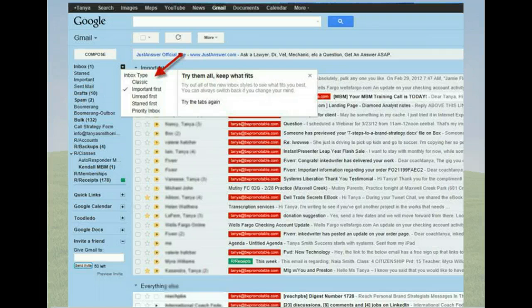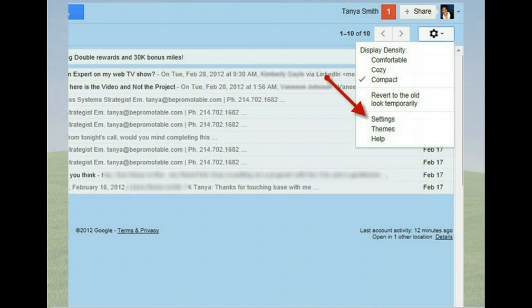All right, let me show you something else in here that's really neat. When you go into Gmail, one of the places a lot of people don't even know about is the settings area. This truly is where you find your magic in using Gmail, because this is where you're able to do something very critical.